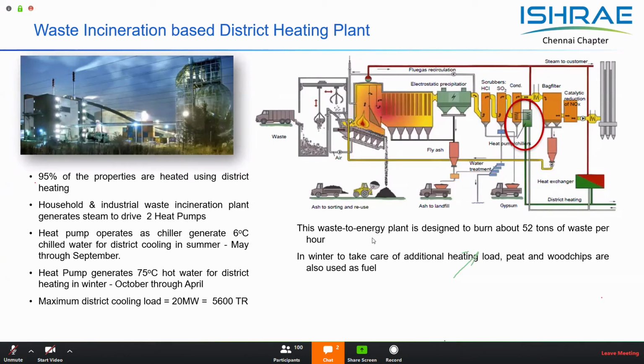Now most of these district heating plants are run on the back of waste incineration technologies, where the municipal or solid waste coming out of their town is incinerated, and the flue gas from that is converted into steam. And before it is let out in the stack, the moisture content in the flue gas is condensed, and that heat is fed to the absorption unit. So if you see the stack temperature, in most cases it is close to 40 degrees Celsius or below. So the maximum amount of heat is recovered and pulled back into the entire system.